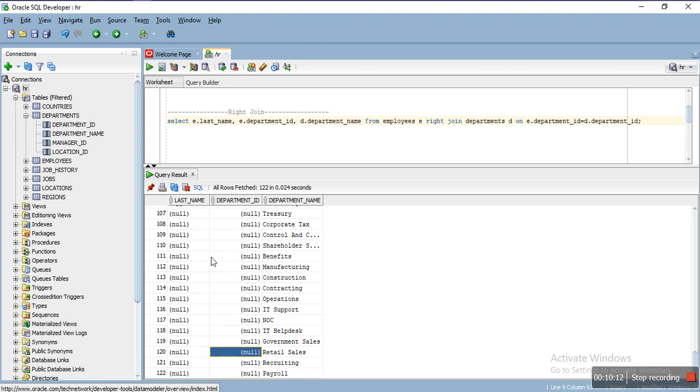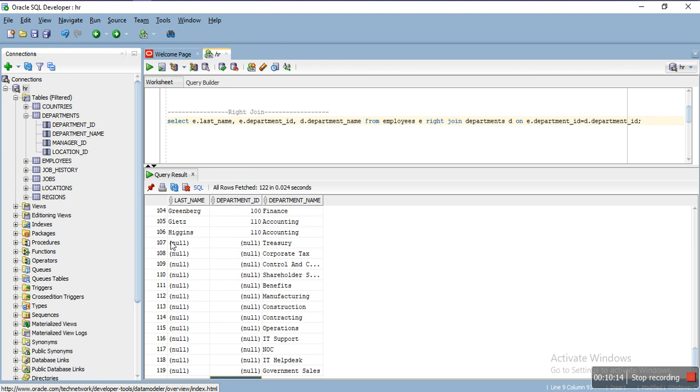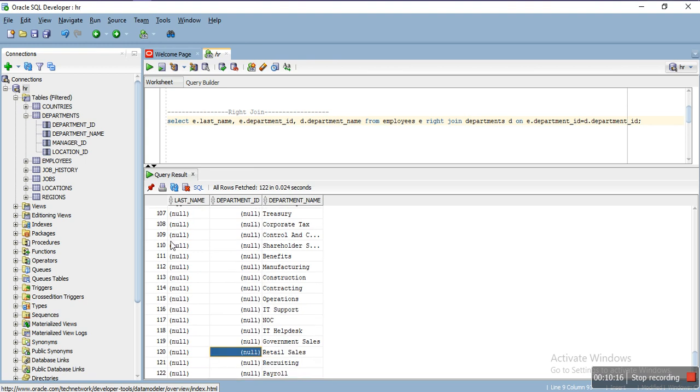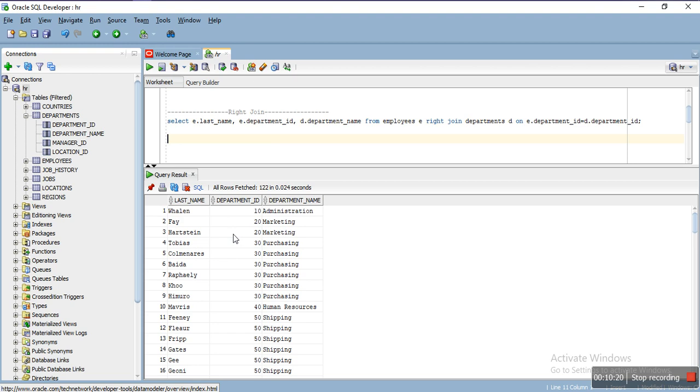Here we can see after 107, the last name is displayed as null. So this is the right join: if there is no record matching the right join's field, then it will display null for that field, for that record.